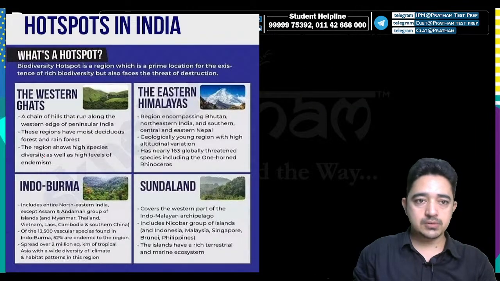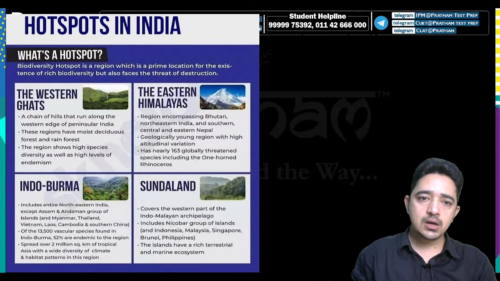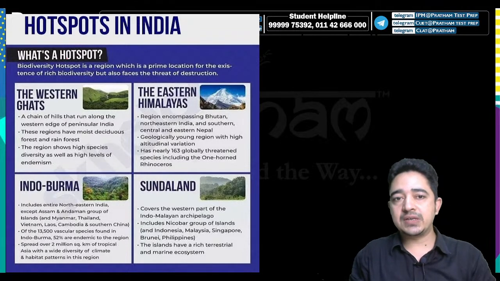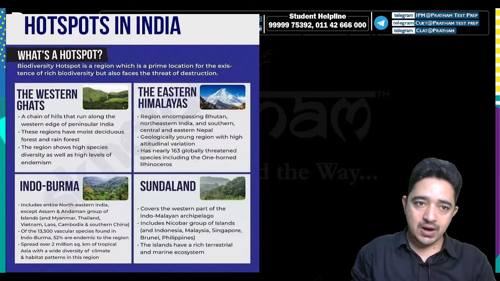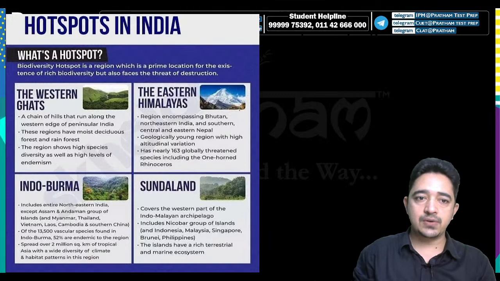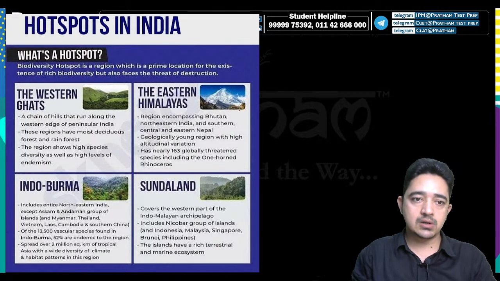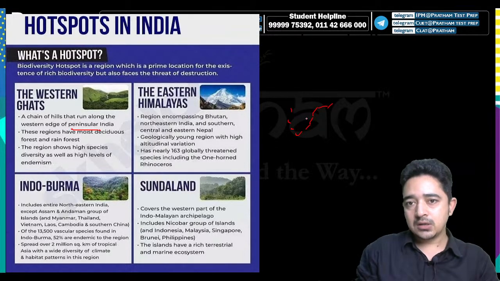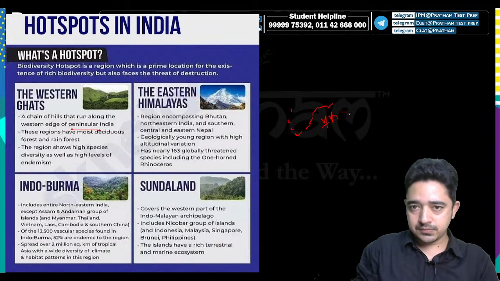Now we talk about what a hotspot is. A biodiversity hotspot is basically a region which is a prime location for the existence of rich biodiversity, but also faces the threat of destruction. First, we talk about the Western Ghats as a chain of hills that run along the western edge of peninsular India. Peninsular means three sides of water,